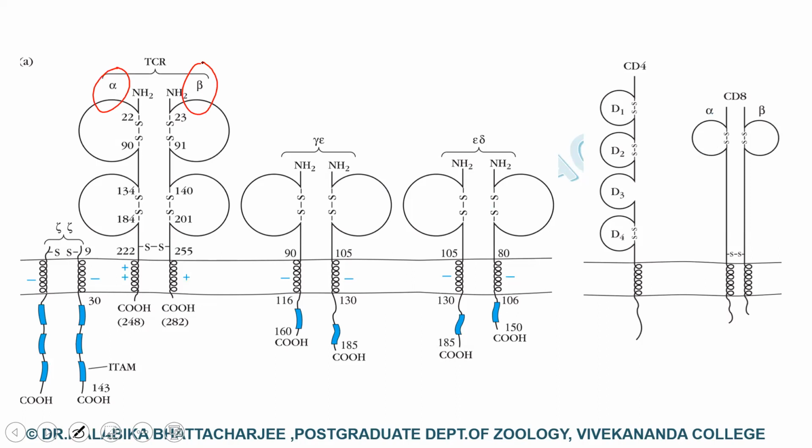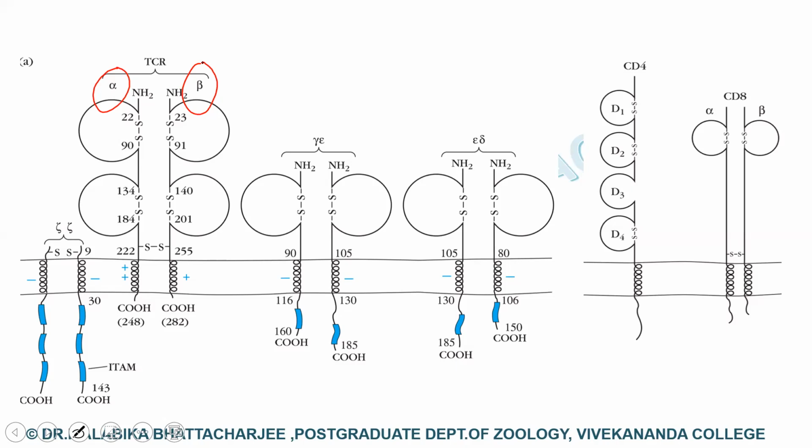The majority of T cells bear the alpha beta heterodimers, which bind to ligands made up of an antigenic peptide present in complex with type 1 or type 2 MHC molecule. When we talk about the gamma delta receptors, the T cells bearing gamma delta receptors have particular localization patterns. They are often found in mucosal tissue, and some gamma delta T cells recognize different types of antigen from that recognized by the alpha beta T cells.